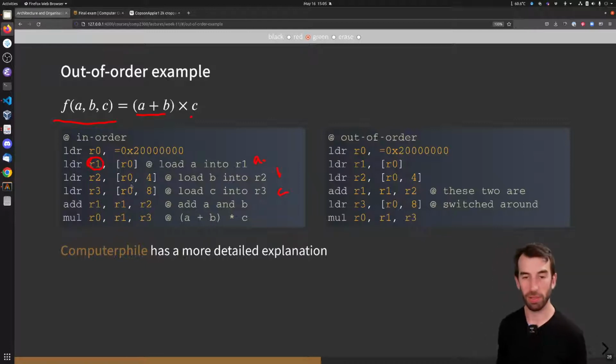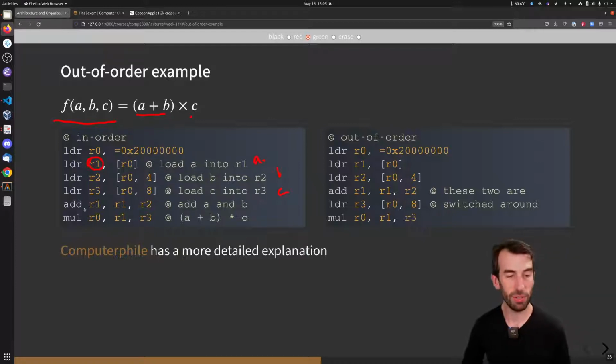This seems good, but the issue is that you can't do this one until this one comes back, and you can't do this one until you get this one and this one. So it might be possible that we could reorder these so that this one is delayed a bit until we finish this one taking place. So we can switch around these two